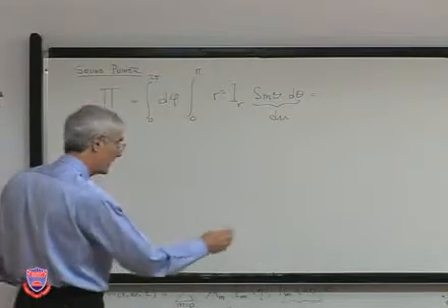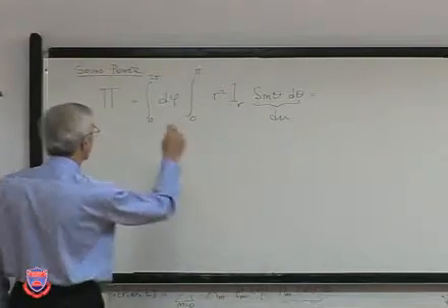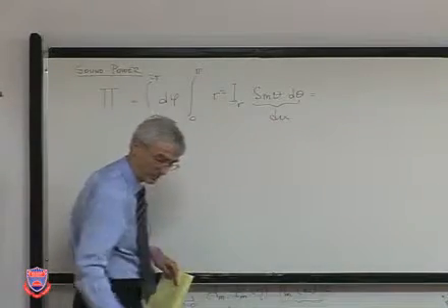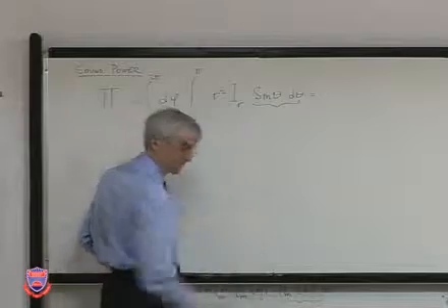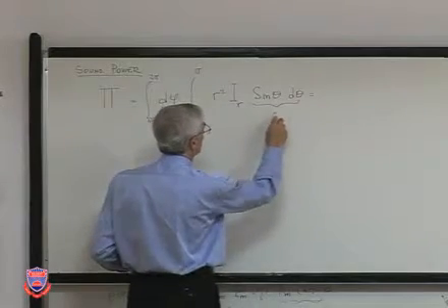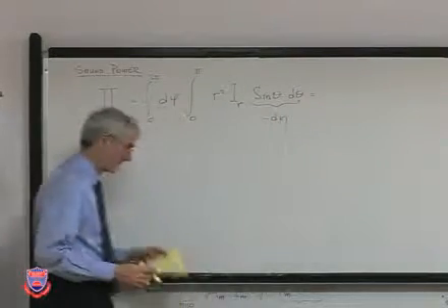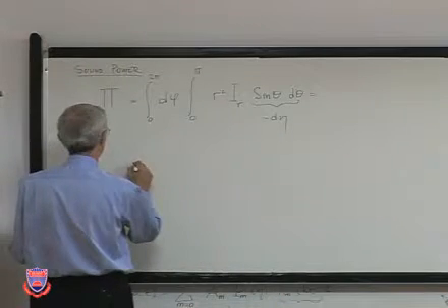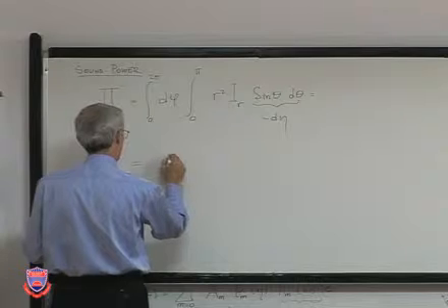So if we take that intensity over here and integrate it, this of course represents in some ways, okay, minus d eta. And the net result of this should be